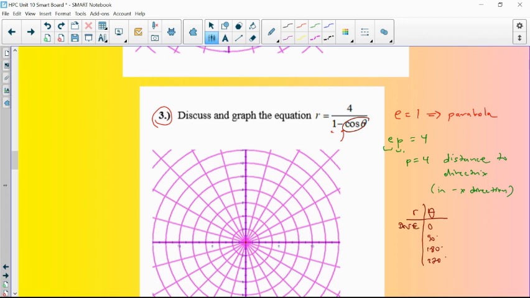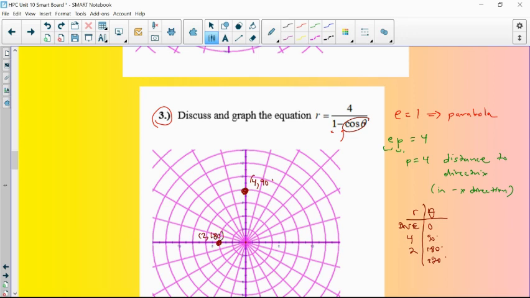So we go to the next point, 90 degrees. Cosine of 90 is 0. 1 minus 0 is 1, so I get a radius of 4. So at 90 degrees, 1, 2, 3, 4. At 90 degrees, I know my R is 4 units. Okay, now let's go to 180. Cosine of 180 is negative 1. So I get 1 minus negative 1, which is 2. 4 over 2, which is 2. So I now know my radius at 180 is 2. So there's 2,